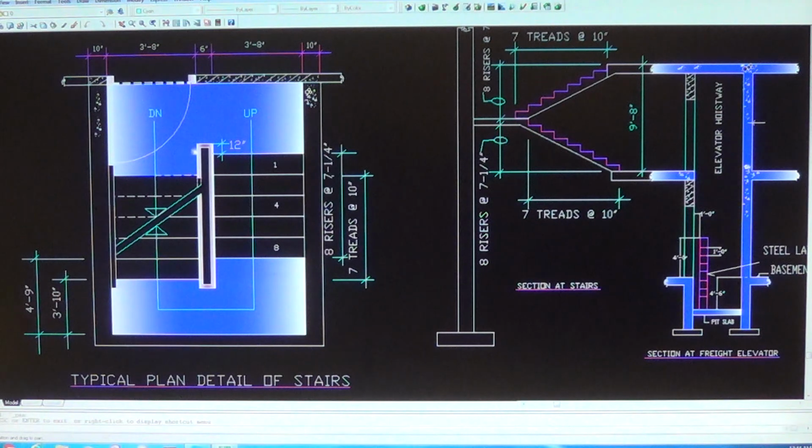The width of the stairs is 3 feet and 8 inches. The space between these two handrails is 6 inches, and the second important